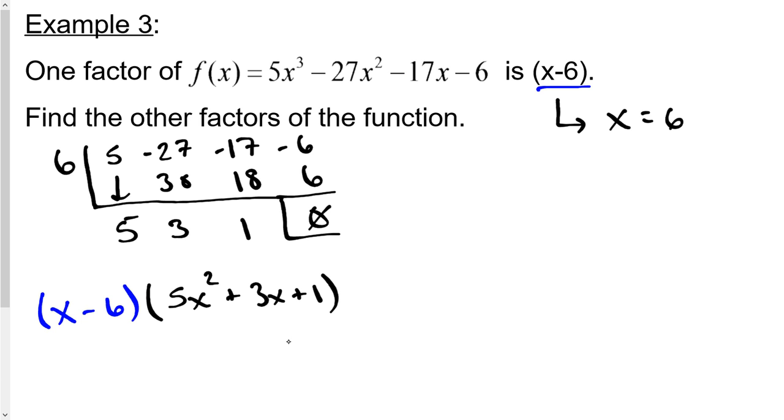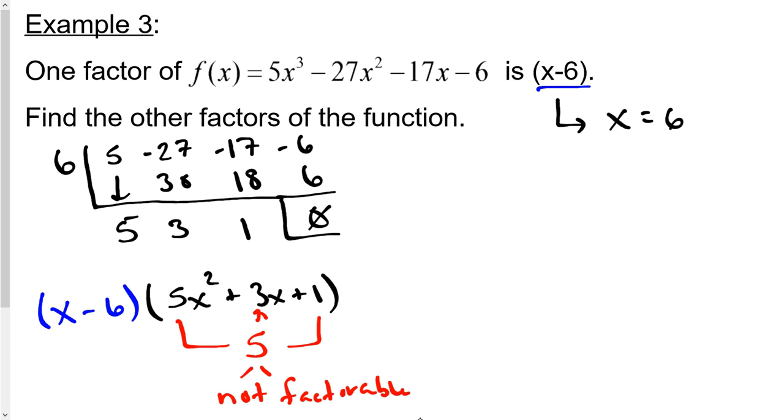So can I factor the quadratic any further? Well, it's a quadratic trinomial with a leading coefficient that's greater than 1. So if it is factorable, maybe I can factor it by splitting the middle. So 5 times 1 is 5. Are there any factors of positive 5 that will add up to 3? And the more you think about it, the more you realize it's just 1 and 5. 1 and 5 will never make 3. So this is actually not